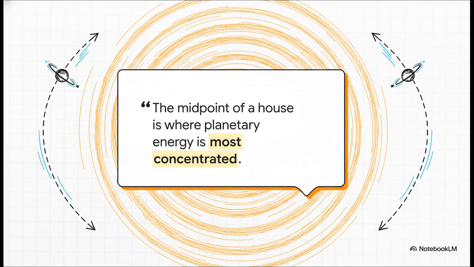And the sage Parasara is super clear on this concept called Bhava Madhya, the exact midpoint of a house. Parasara says this midpoint is where planetary energy is the absolute most concentrated and potent. So if a planet is sitting near a house cusp, it's actually in transition. Its energetic influence is literally split between two different houses, which drastically alters its effect.